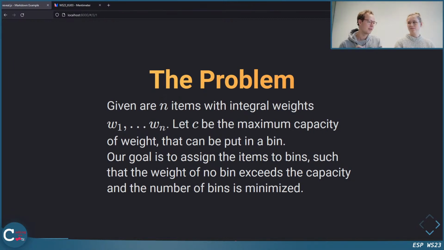A very trivial solution would be that we create n bins, and in each of those n bins we place exactly one item. We assume that the weights are such that they always fit into a bin. Then we would have a solution which has n bins, but maybe we can put some items together into the same bin such that the capacity is not exceeded, and we can save some bins to really get the minimum number of bins which is needed.